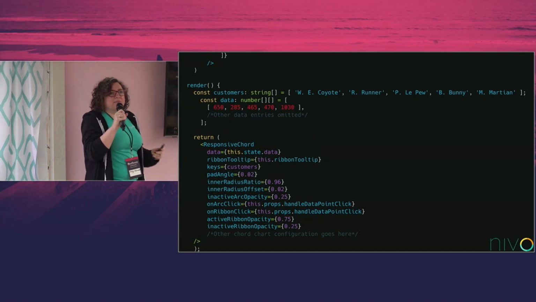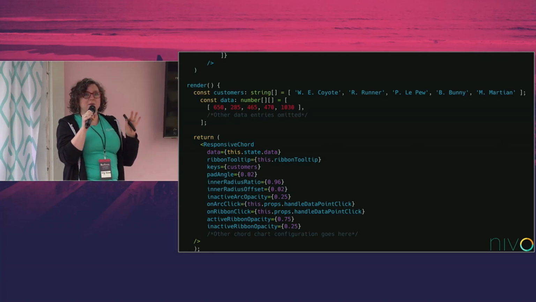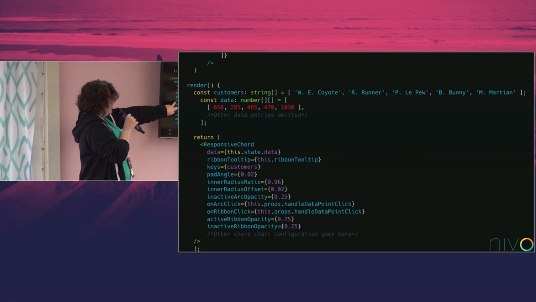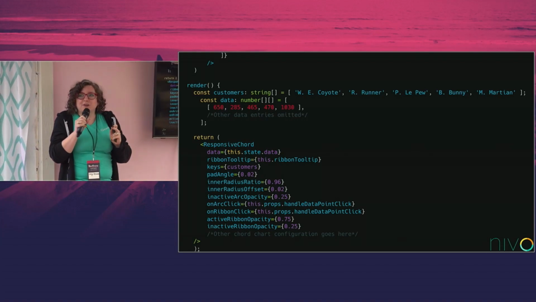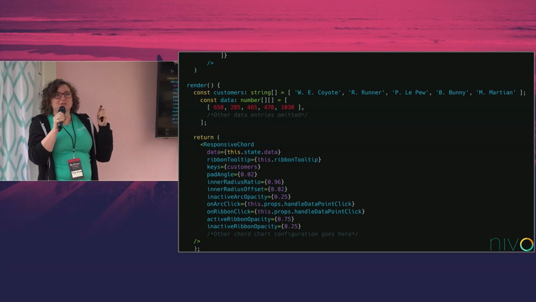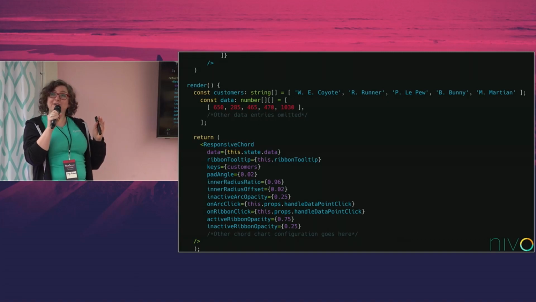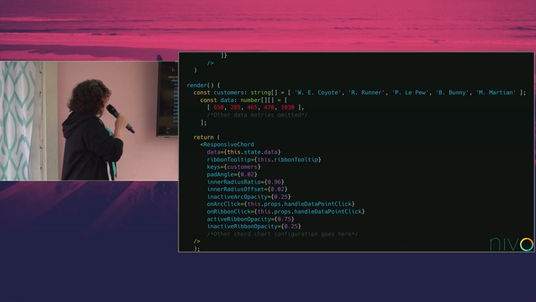There are some kind of settings and angles that you might want to set, which is kind of what puts people off with D3. But it's pad angle, inner radius ratio, and inner radius offset. The docs and the examples are actually really good for Nivo, so I actually just took what was there. But you can tweak it based on your artistic eye, because we all have a little bit of that, even if we've not got the keen design eye of Carly.